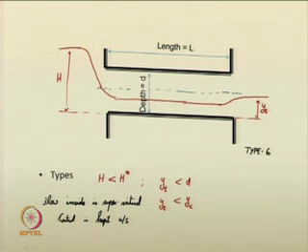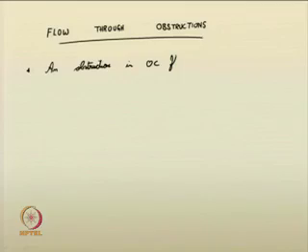So, like this we have discussed the flow types in culverts, and based on this particular course level and all, we would like to conclude the portion of culvert at this location. Next, we will discuss flow through obstructions. What is meant by an obstruction? An obstruction in open channel flow,